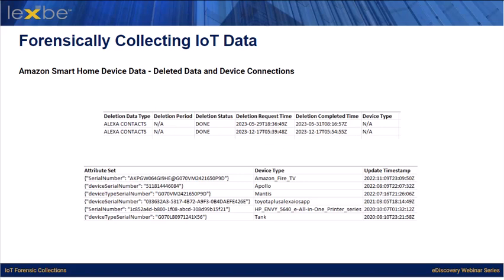We also have all the different types of devices that are associated with that account, including a Fire TV, a Toyota Alexa app, my printer, and a couple other things, which I'm not sure what those are. Apollo, Mantis, and Tank. I would have to look into that to see exactly what types of devices. But again, these could just be other IoT devices that were connected to my Amazon account at some point.